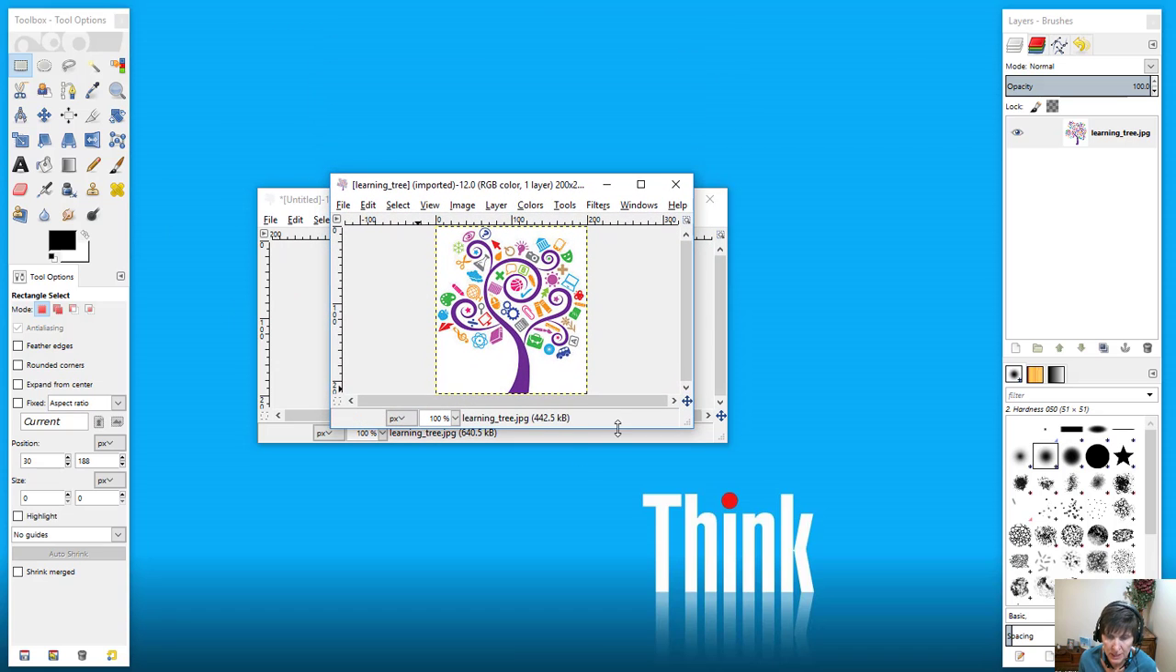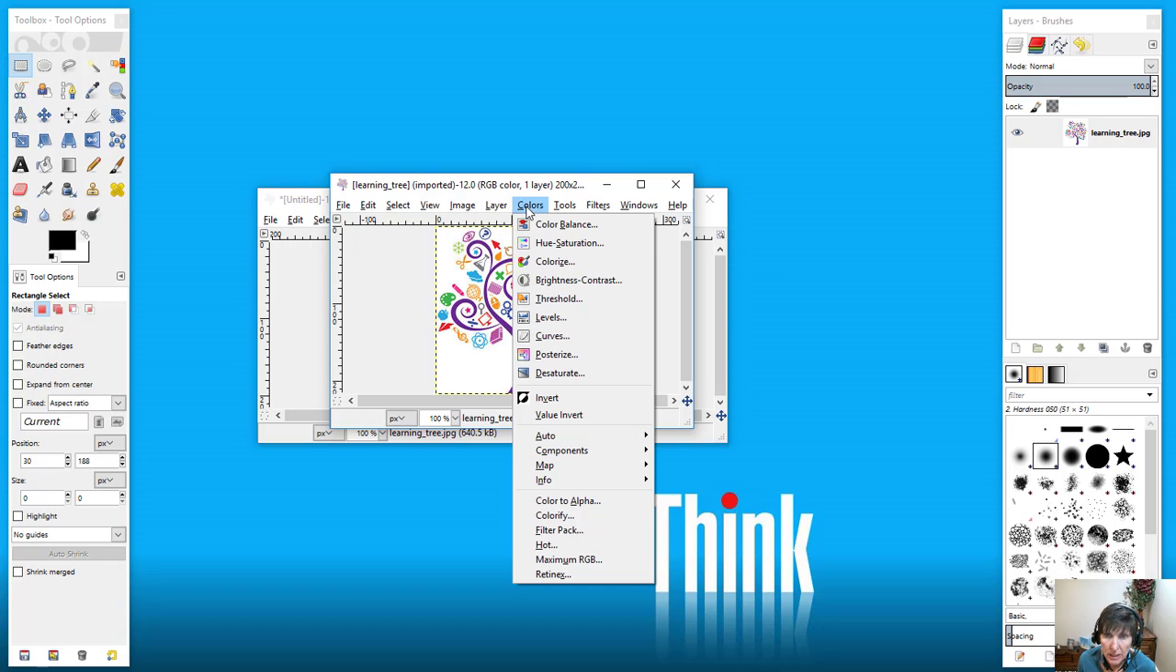This time I want to make it transparent, and that means I want the background to not be white. I want it to be transparent so it'll show whatever color is behind it. So to do this one, it works a different way. So we have to go into colors and go down to